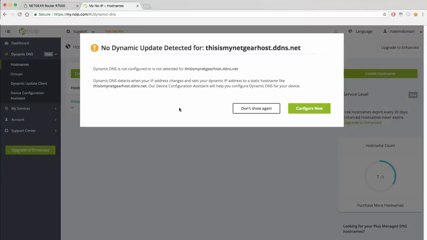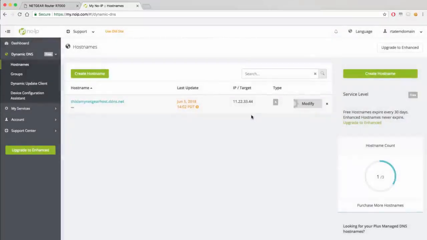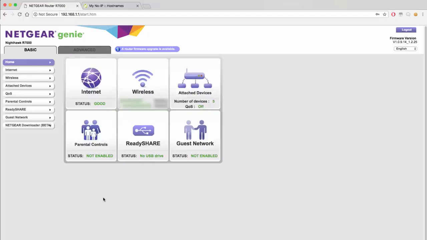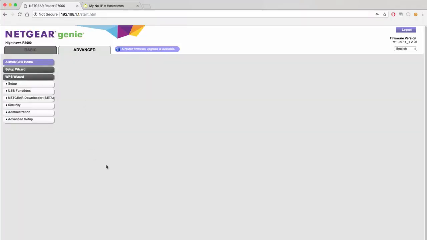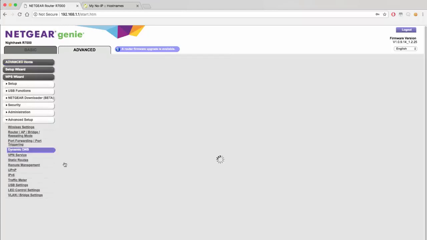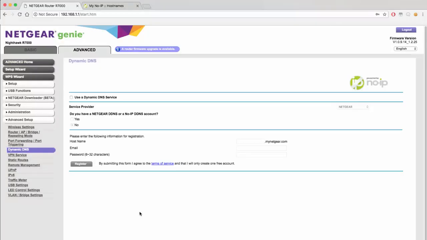For today's video, we will just be going over DDNS clients. Note that the current IP address for the hostname is 11.22.33.44. For this example, I will be using Netgear's R7000 Nighthawk to configure these settings. Almost all devices will have the DDNS settings under Advanced Settings, or in this case, Advanced Setup. You are looking for the setting labeled either DDNS or Dynamic DNS, which you can see here. Opening up the settings will allow you to add your No IP information so that the device is able to